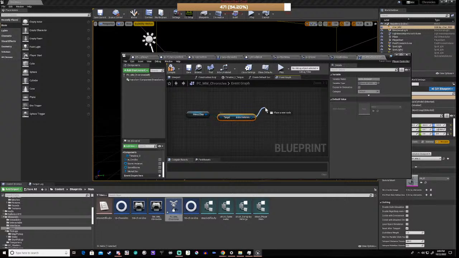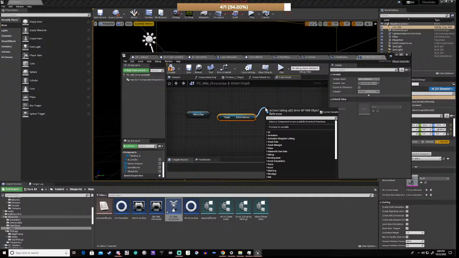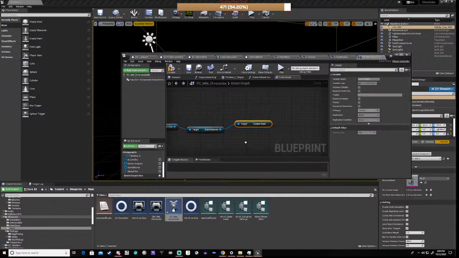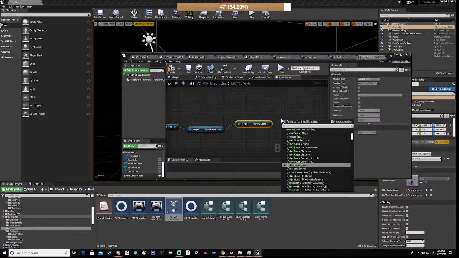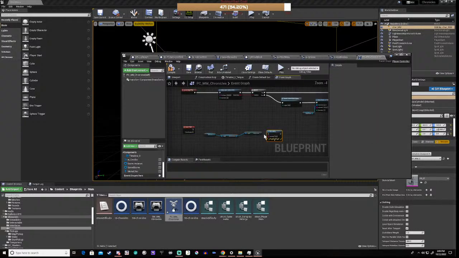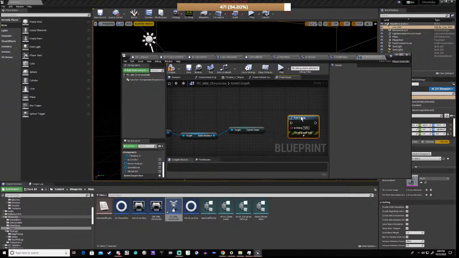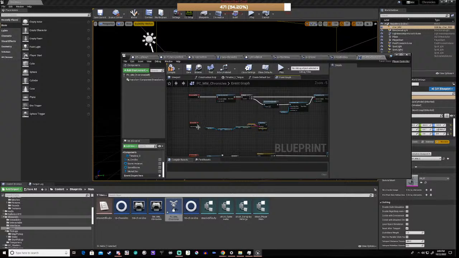Right, wait a minute. Let's have a look. Get current state. And then we're going to do print string. Right, and that is going to go in there. And that gets us a friendly name, which is what we want. We join that in,